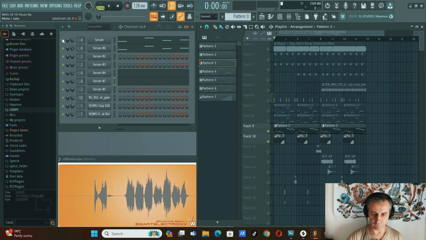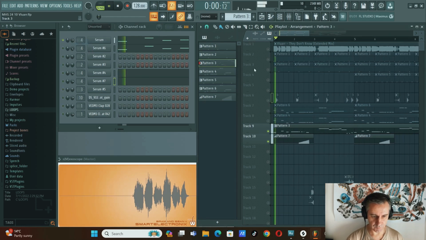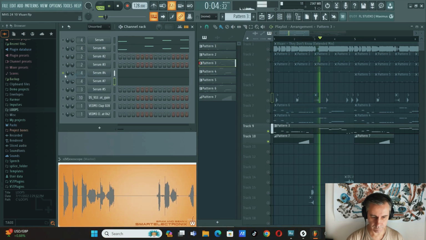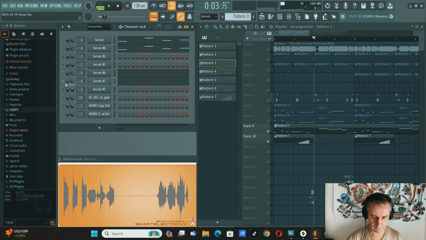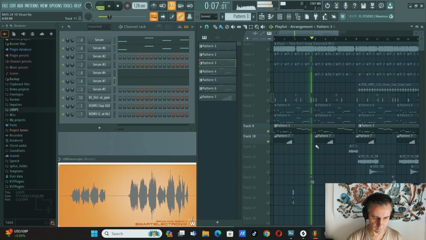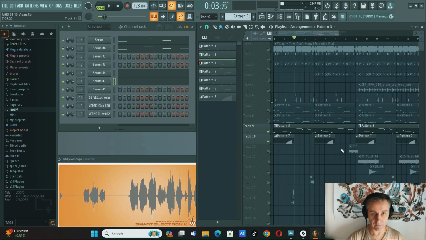We have 4 layers of this drop. Sounds really cool. I like it.